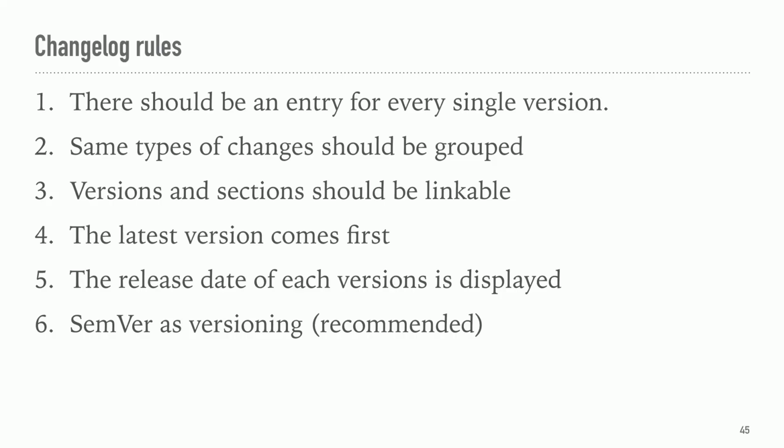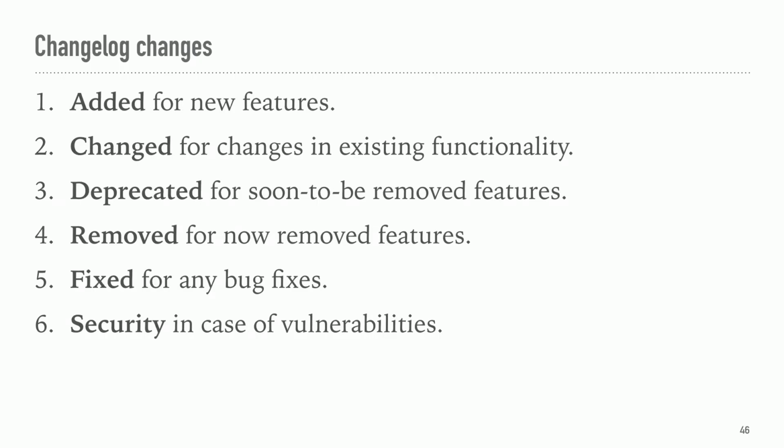The latest version comes first, so that's the first version you are going to see on the list. And also the date it was released. For example, version 1.0.0 was released on this date, and this was what changed. Semantic versioning is the recommended one, but as I was saying, you can choose any specification for versioning. So these are the sections that you would have on the changelog: added for new features,